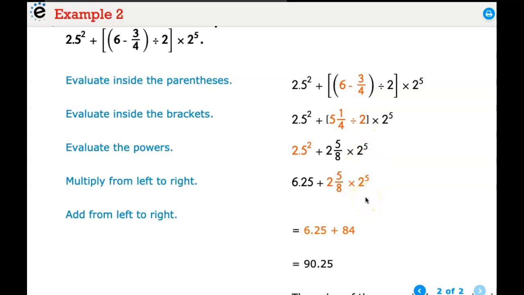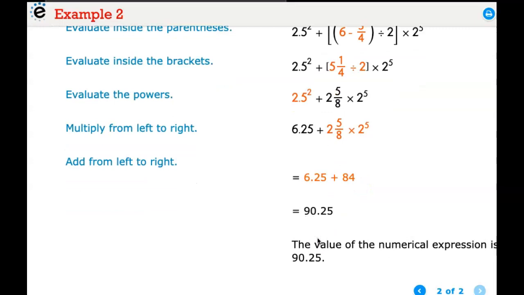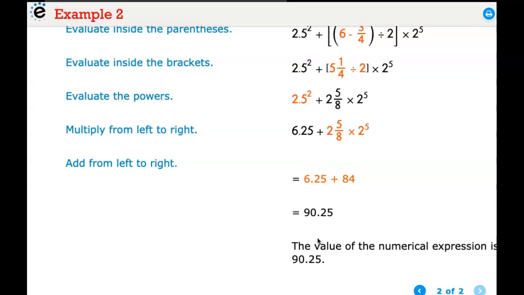What is 2 to the power of 5? Here it didn't say so. So it's 2 times 2 times 2 times 2 times 2. And then you add that to 6.25. And that's gonna be 32. Multiply it together, and add it to 6.25. So you get 38.25. If you're gonna ask me if we could use a calculator for this, yes, you can,